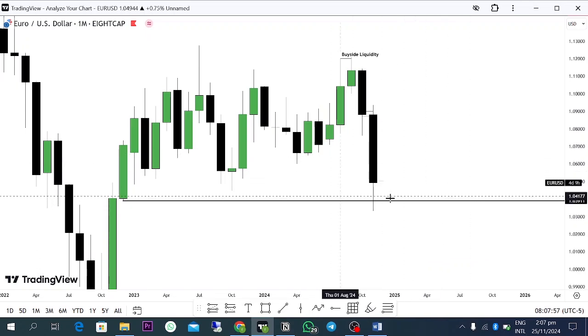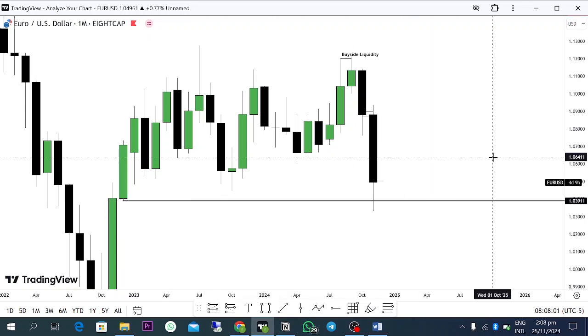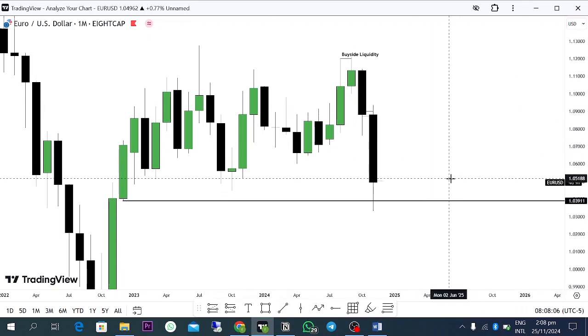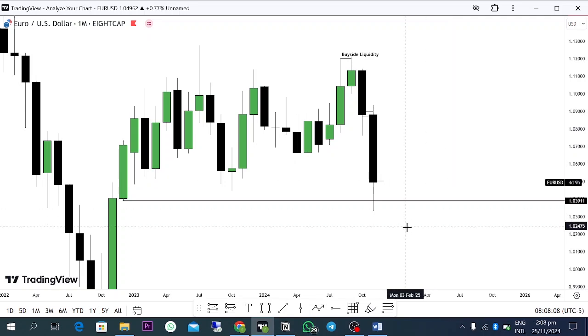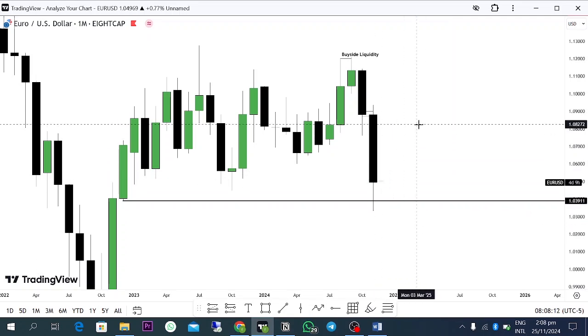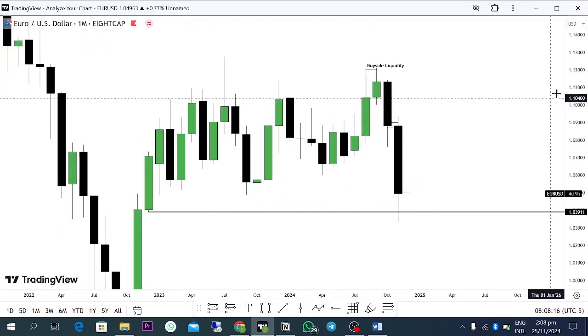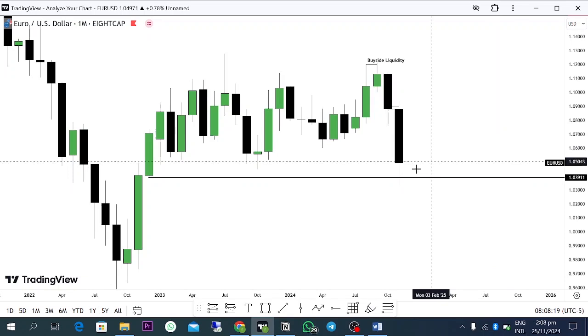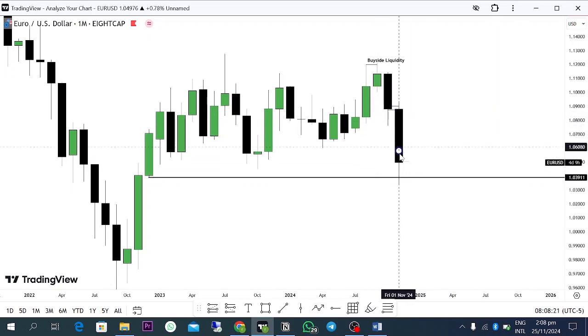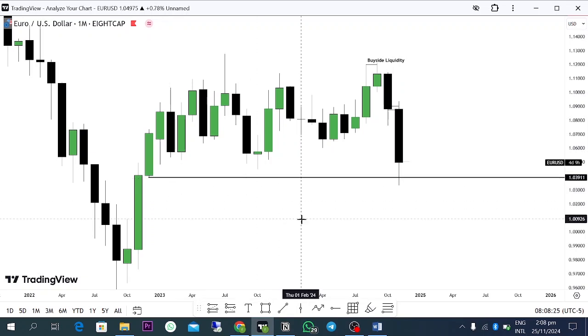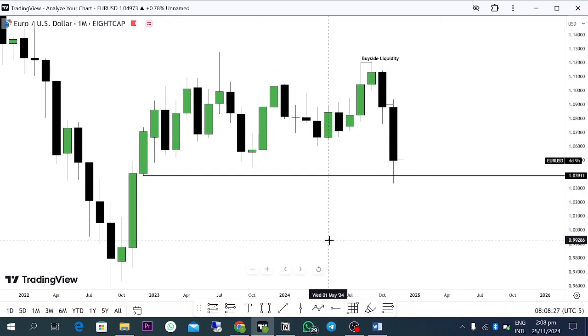Just like we pointed out in the previous commentary for last week, the price will reach this objective, which is the 1.039115 level, and we can see how nicely the price came to this level and rejected as well. As of last week, this was a draw on liquidity. This is the monthly chart, and we'll see the way price traded nicely to the sell side liquidity below these